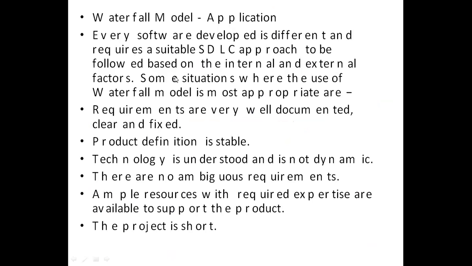Some situations where the use of the waterfall model is most appropriate are: requirements are very well documented, clear and fixed; the product definition is stable; technology is understood and not dynamic; there are no ambiguous requirements; and the project is short.